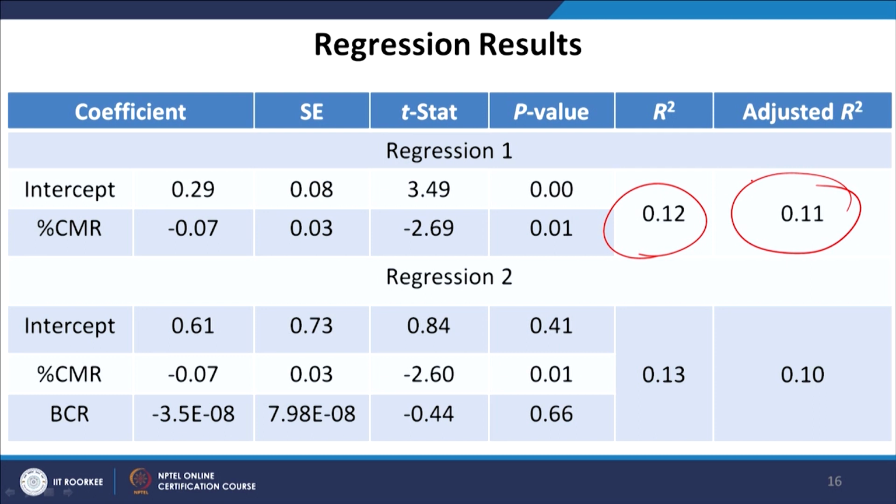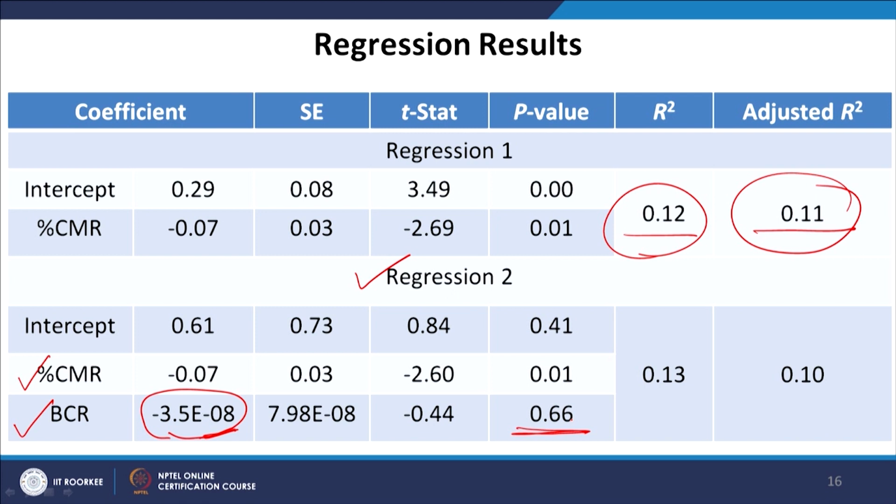So, you can see that this is the first regression, where we have R square and adjusted R square values at 0.12 and 0.11. Well, this is not a very good fit, rather a poor model fit, but I just want to give you some examples of inclusion of variables and how it is going to impact the R square and the adjusted R square values. So, in the next regression, regression 2, when we have two variables, you can see that the coefficient of BCR, bank credit to commercial sector, is a very small number which is close to 0. Its p value is also very high, which means it is not statistically significant.